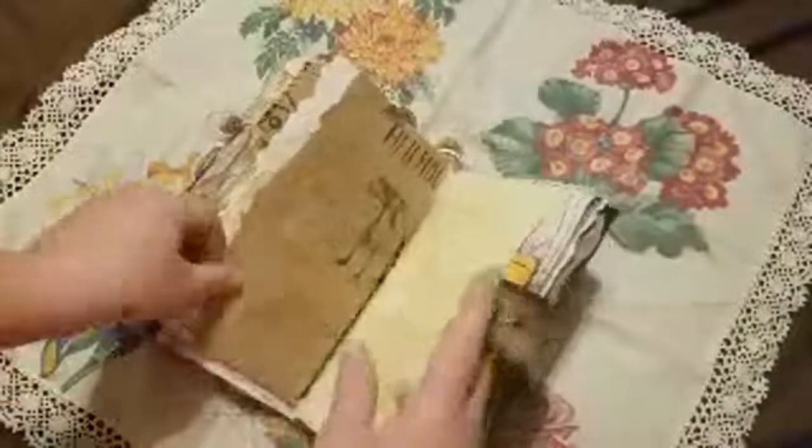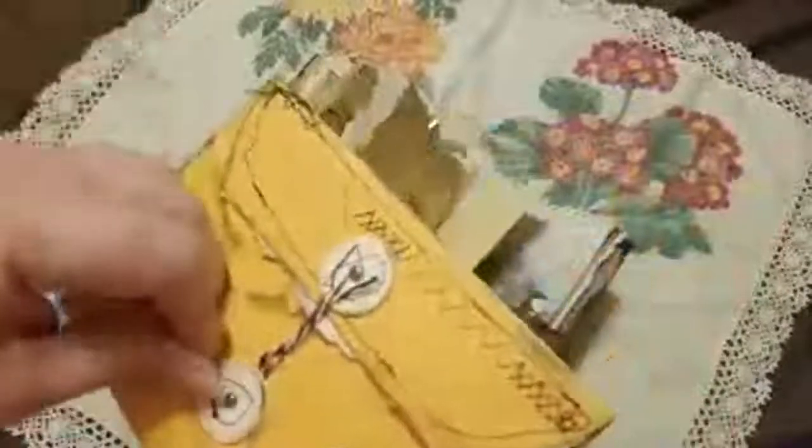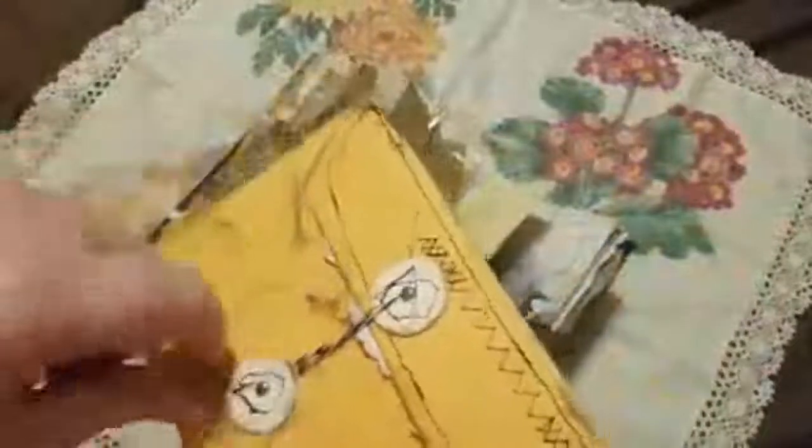And then this one is about the hellhounds. Like I said, this is definitely not your normal journal at all. And then here's another one of those little twisty twists. And it has coffee filter pockets with a card. And then it's got miscellaneous papers clipped in. And then it's got paper in there. And then you just...